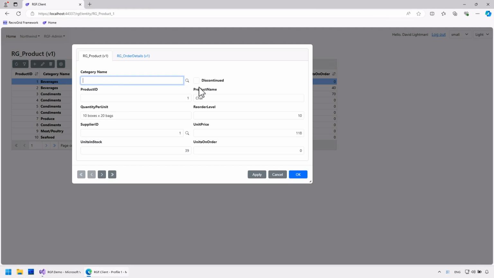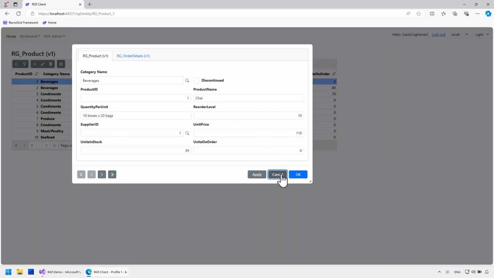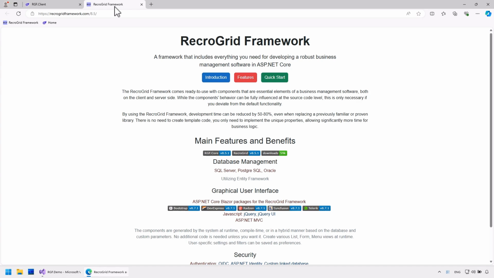Here is the category field, which currently uses the entity selection method. However, as there are only 8 items, I will replace it with a drop-down list for easier use. For using dictionaries, you can find a guide on the RGF website.